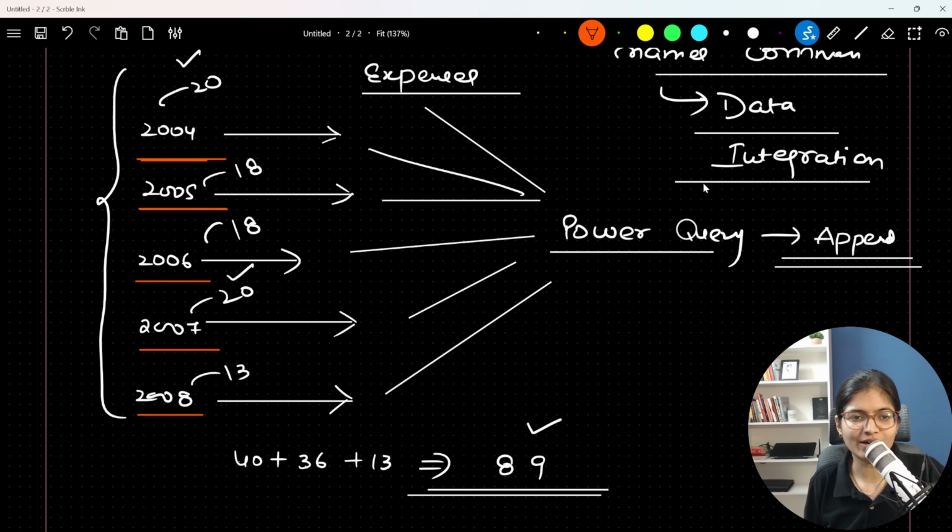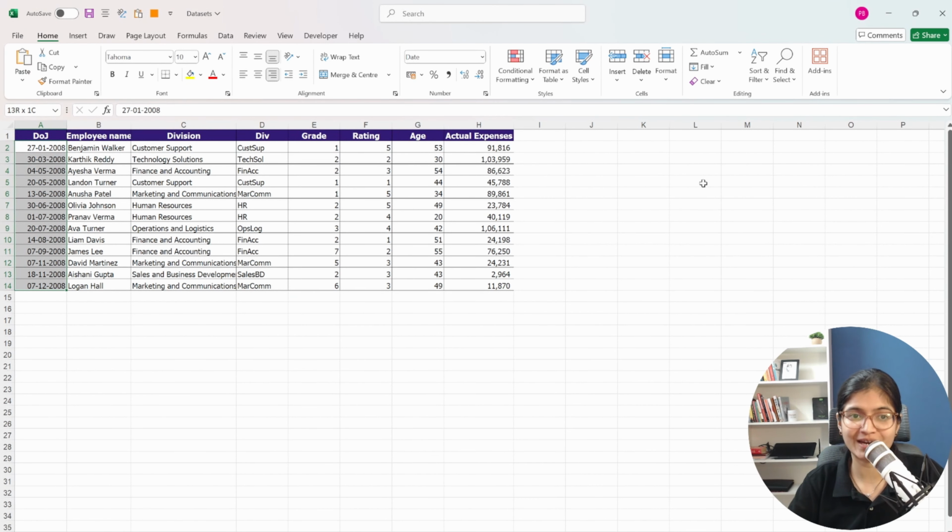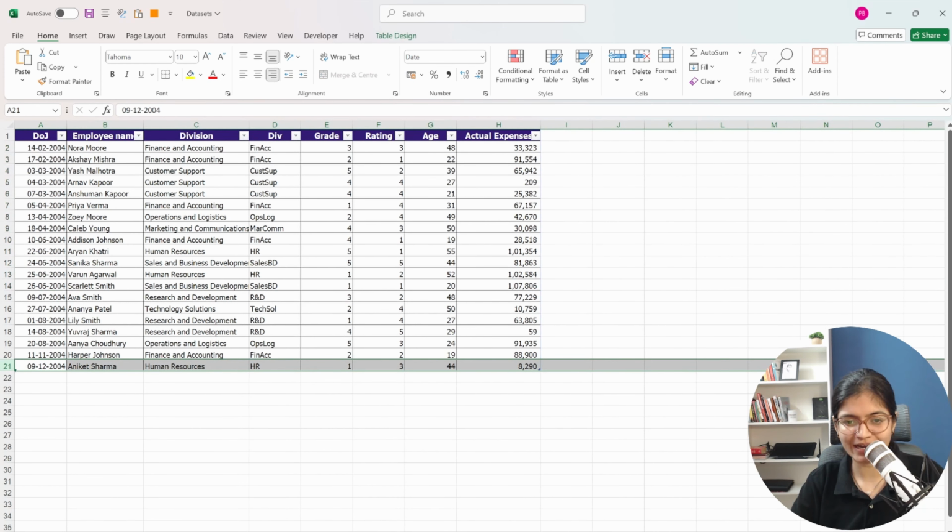So now let's try to understand how we can merge these files together. When I'm saying merge, in this case, I'm trying to append, I'm trying to add the data points together. So same thing I will do over here. What I will do, I'll start from